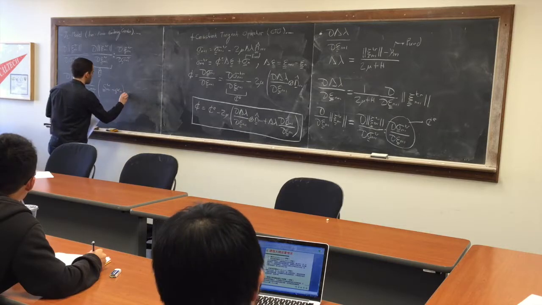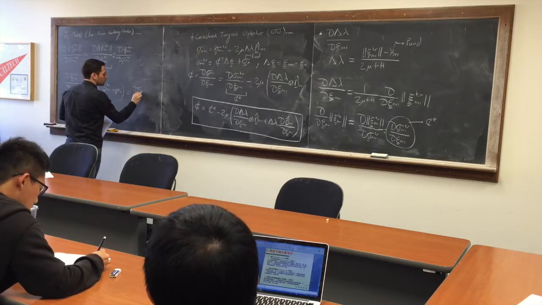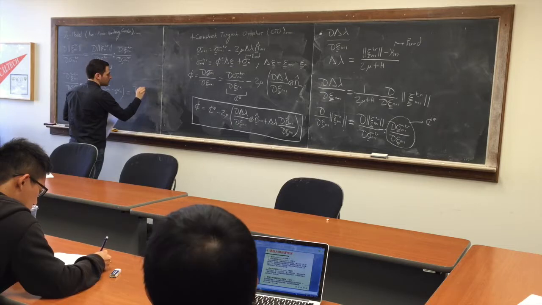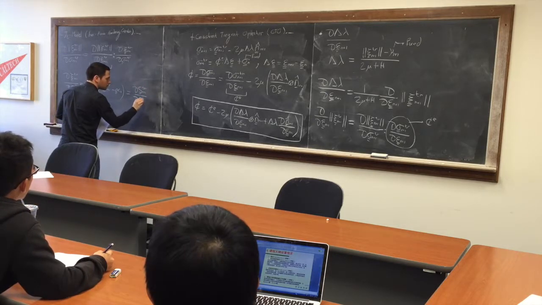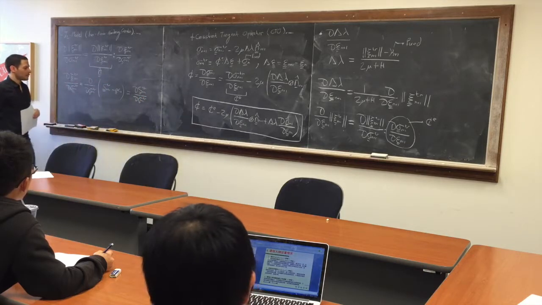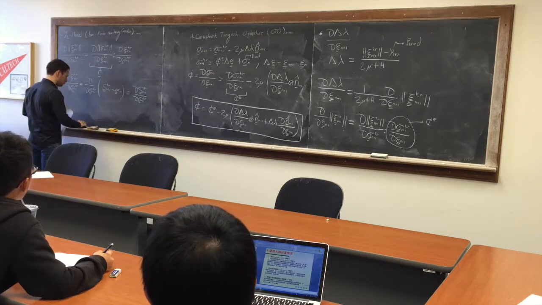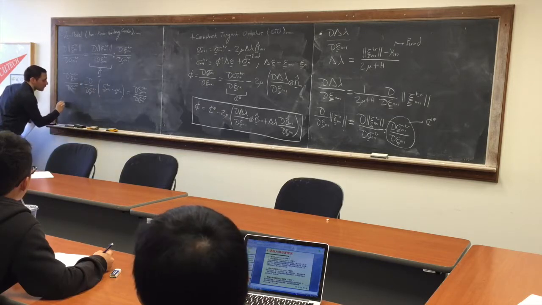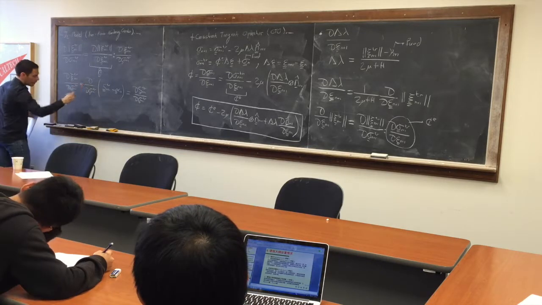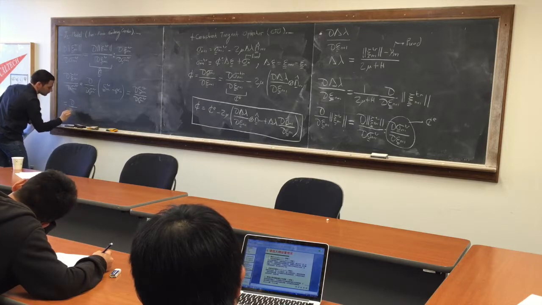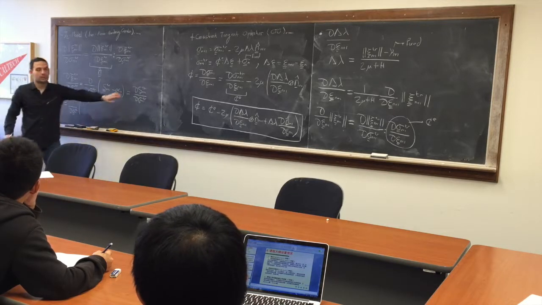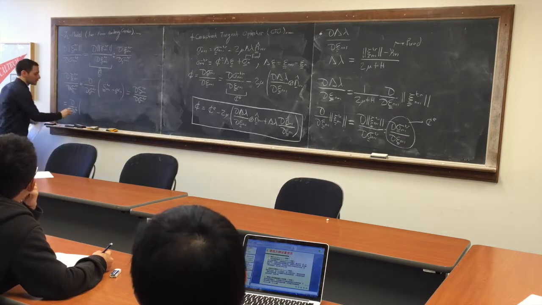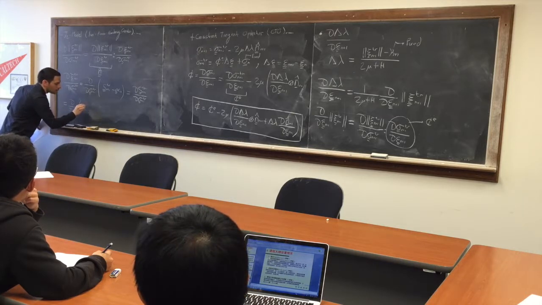So this is equal to, and this one is easy. We can express that one, what is this in terms of? This is equal to sigma n plus 1 trial